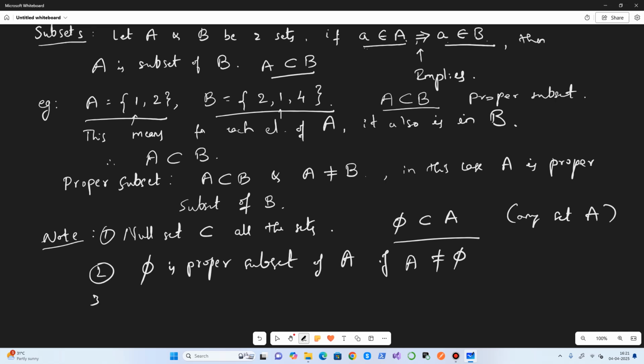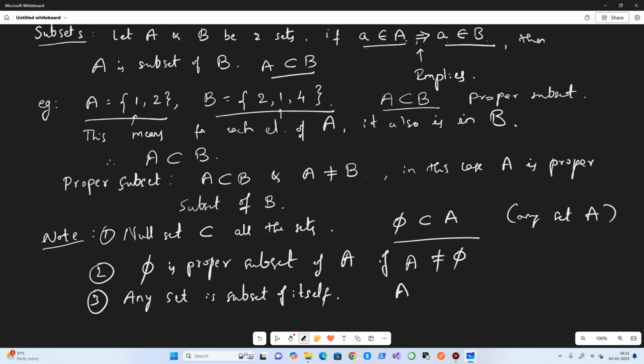Okay, any set is a subset of itself, because you can see that it satisfies this property. All the elements of that set are present in that set only. It means that set is a subset of that set itself.